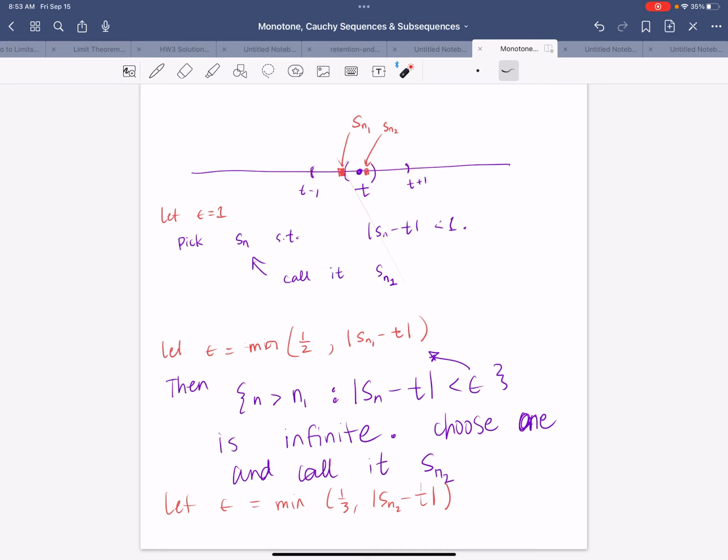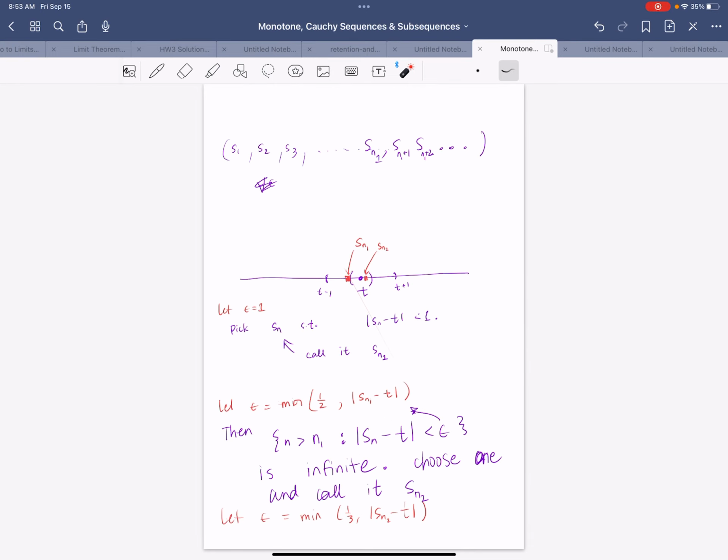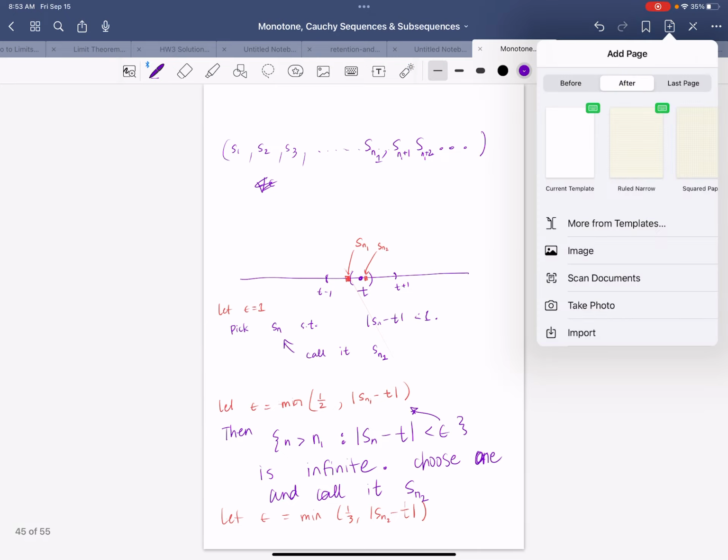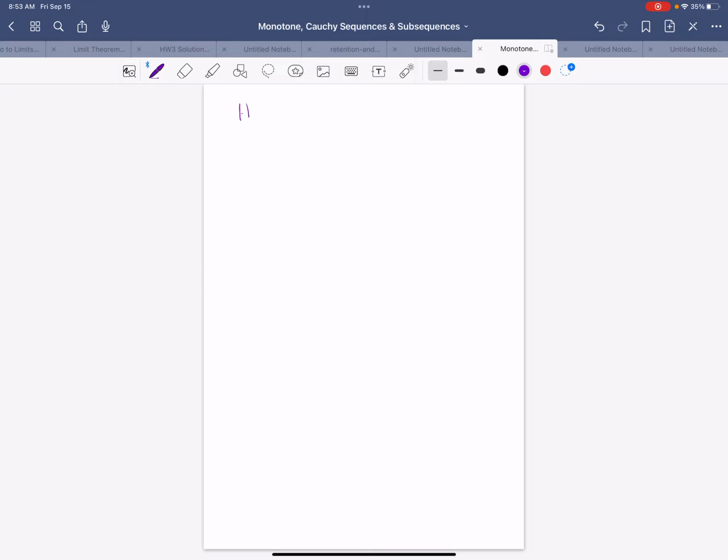I want to make sure that my Sn's are getting close to t, yeah? So I'm kind of forcing that by having my epsilon be no bigger than 1/n, okay? So you keep this up, you iterate this process